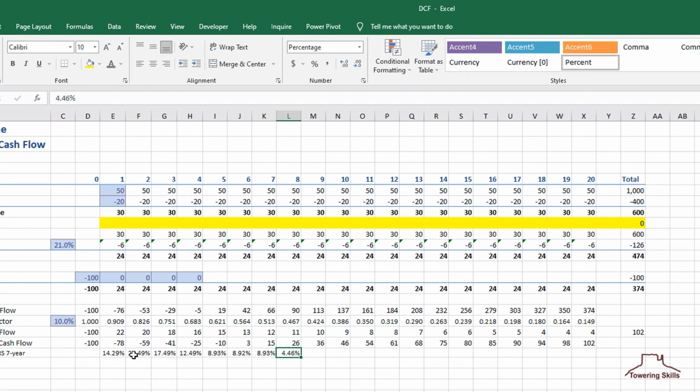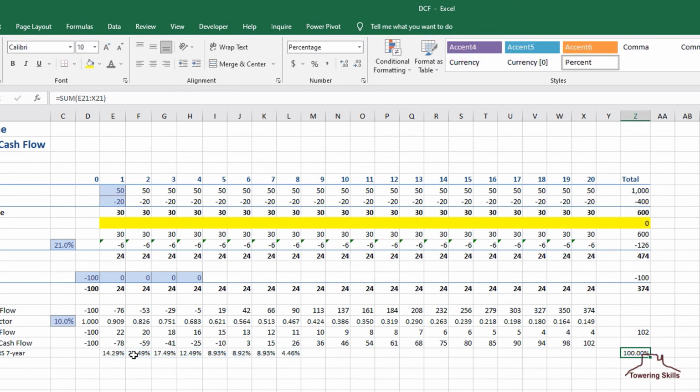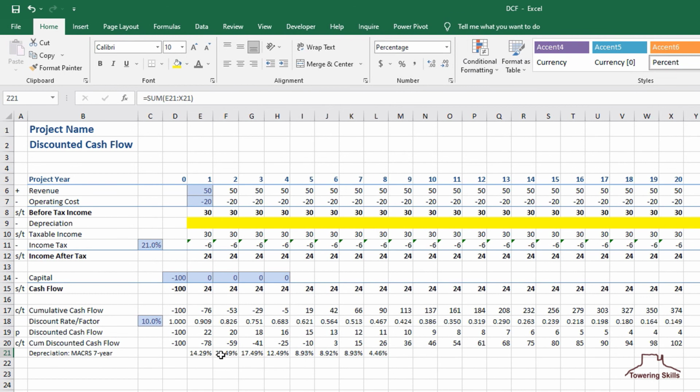In cell Z21, we'll add the formula sum of E21 through X21. This will help us verify that the total depreciation factors add up to 100%. Now that we have both the depreciation rates and the capital entered on the spreadsheet, we'll return to line 9 to add formulas for the depreciation.